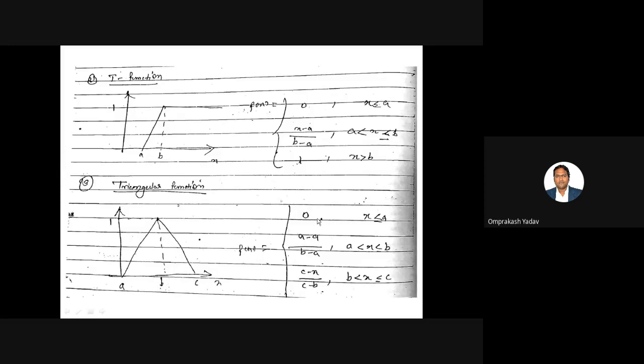So let's first write: if the x value is less than or equal to A, then it's 0. But if x is between A and B, then this line is there. Let's write the equation for this increasing line. I told you, whenever it's an increasing line, see the variable name. The variable name is x. So I'm saying x minus a divided by b minus a, that particular range. If you want, you can determine it by using the 2-point form, and you will get the same equation. So x minus a divided by b minus a.